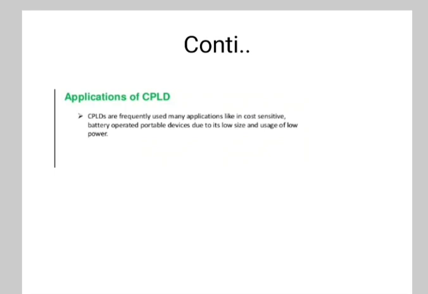Now, while considering the CPLD for use in design, there are some design issues that should be taken into account. One is programmable technology, that is EPROM, EEPROM or Flash EPROM. This will determine the equipment needed to program the device and whether they can be programmed only once or many times. Then the function block capability. So how many function blocks are there in the device? How many product and sum terms can be used?